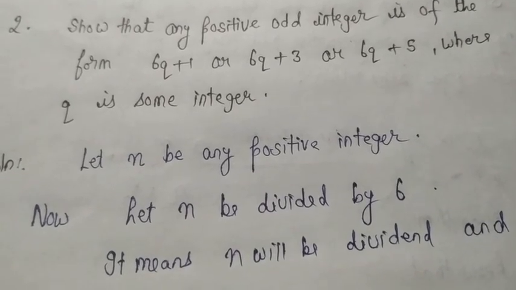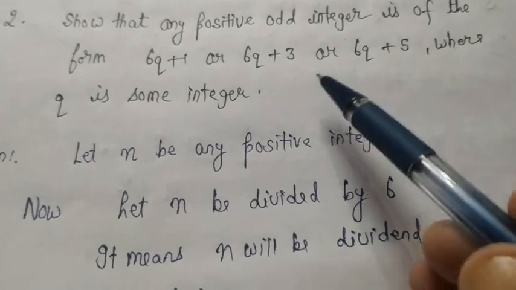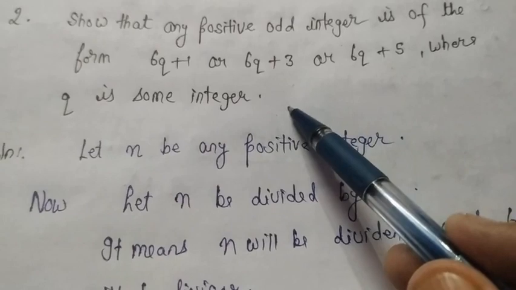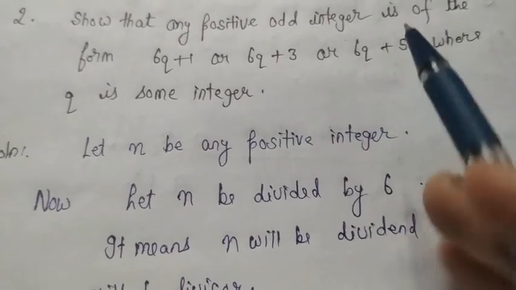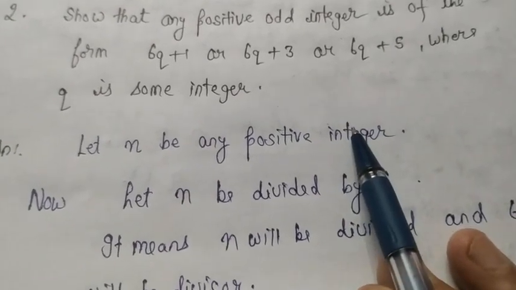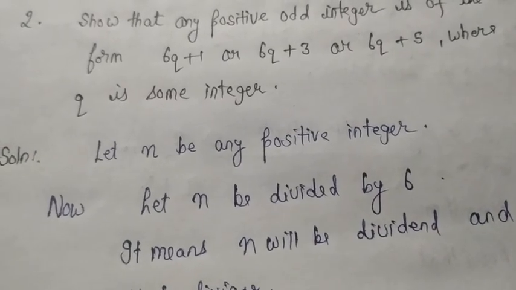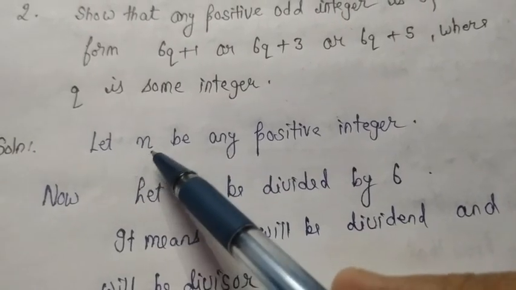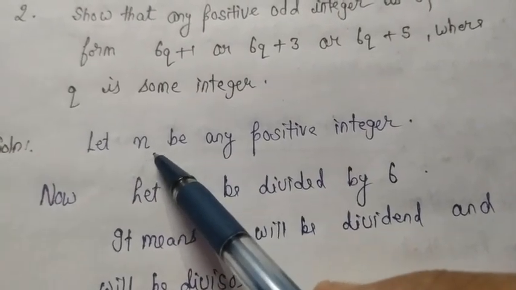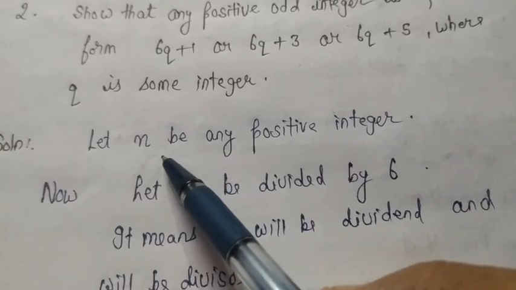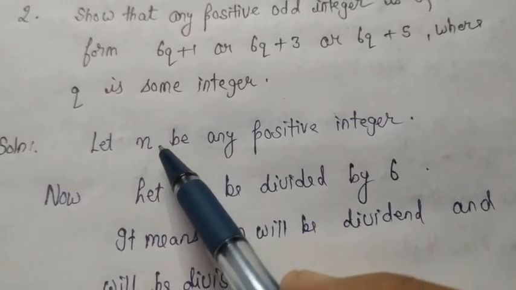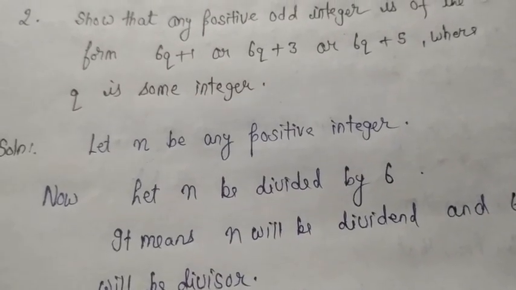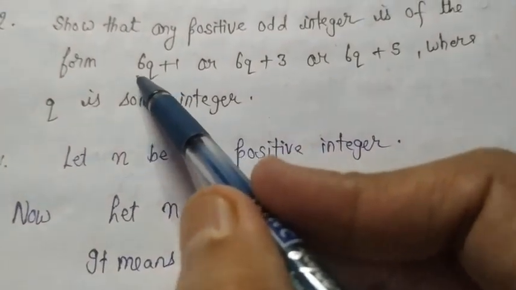So the same approach you will apply, because we have studied only Euclid division algorithm. So this question can also be simplified by Euclid division algorithm. The same method we will do whatever we did in the previous question. See what I have done. I have assumed any positive integer, because in Euclid algorithm we have to assume only positive integers. So I have taken n to be any positive integer, and after seeing this question you can see 6 is here.